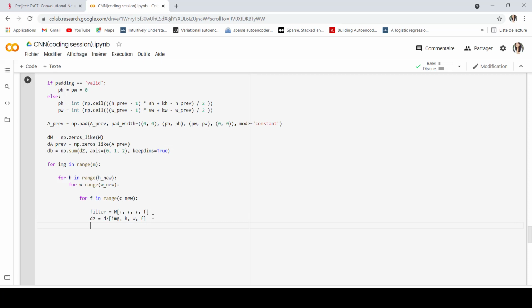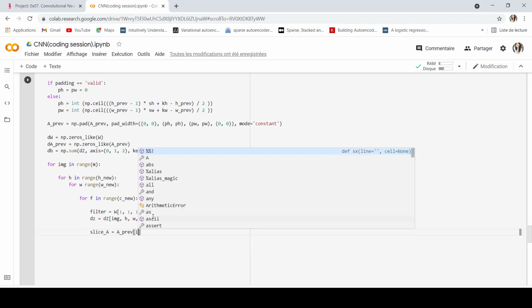Okay, now I'm going to slice my a. So I am calling it slice a, and I'm going to construct this slice. It's going to be a_prev of the image that I am on now.